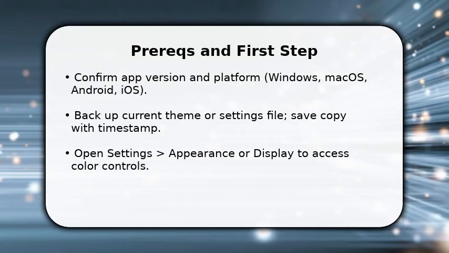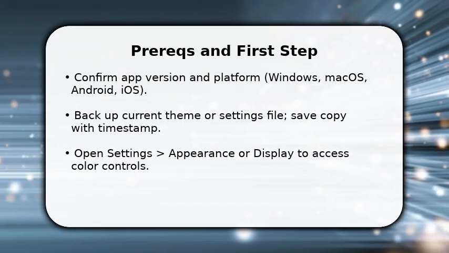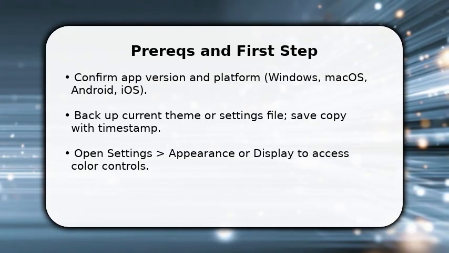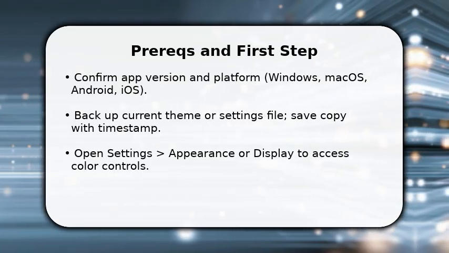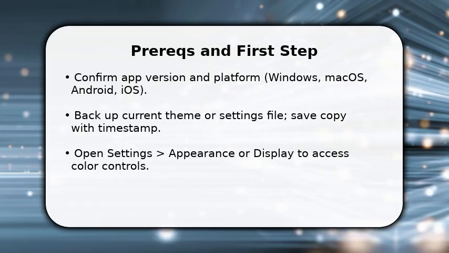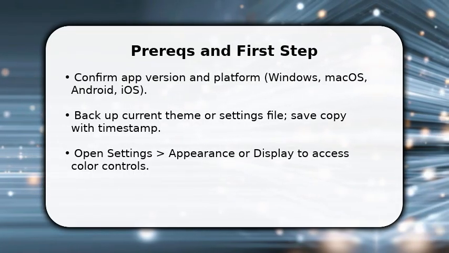You start by confirming the app version and platform because color controls vary. Make sure you have a backup of your current theme file before changing anything. Once you have a copy saved with a timestamp, open Settings and go directly to Appearance or Display to reveal